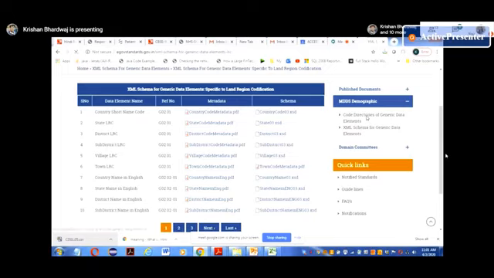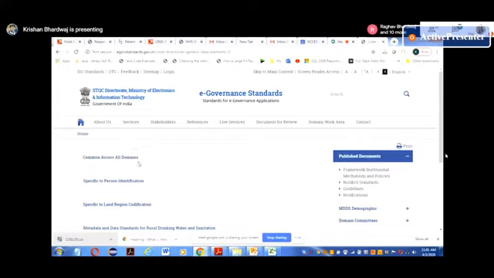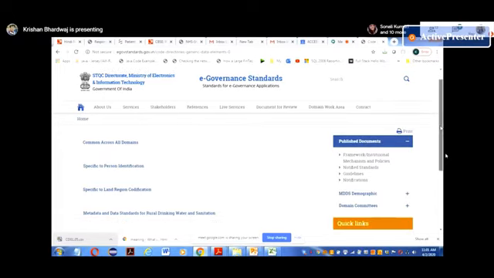Now if I show you these code directories, these are all code directories basically. They have classified the code directories under common, under all domains, or any code directory specific to person identification, any code directory specific to land region. Similarly, one line item will come for code directories related to health. Now if I go to, for example, the land region, or say the person section,